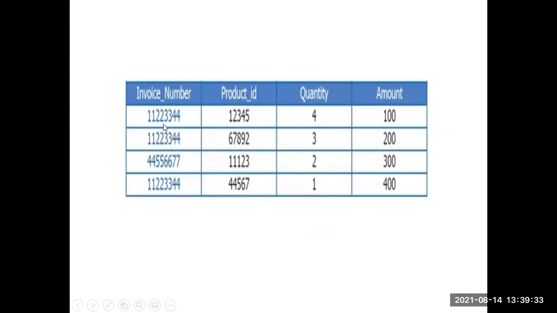Yeah, this you can see, invoice number. See, same it is there here. Invoice number 11223344. For one product ID it is there here, and quantity is 4. Amount is 100. And the same person has purchased 2 products here, that you can see. So like this is Sanjana, whose invoice number is 11223344. So she has purchased 3 products. So this invoice number is not separated for each product Sanjana has purchased; the same invoice number will be given to the same person.